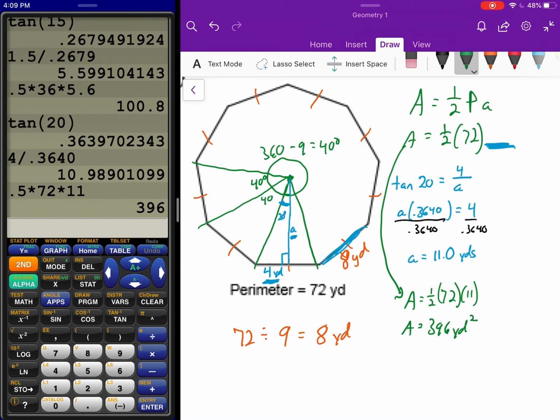So that's how you can find the area of any other regular polygon, and we can use trigonometry to help us out. We didn't have one in this section or in these examples, but you sometimes can be given the apothem